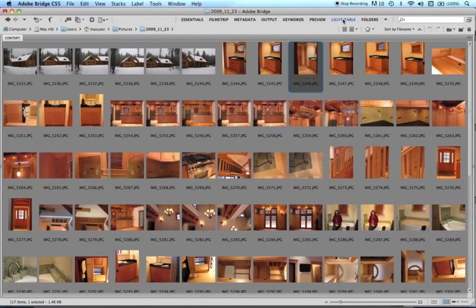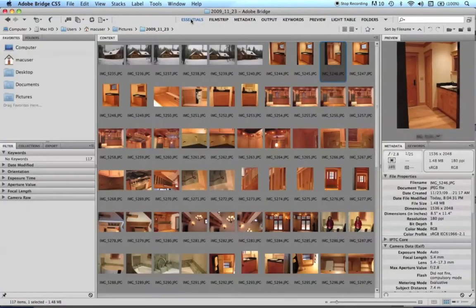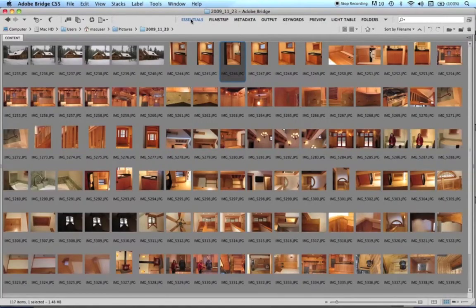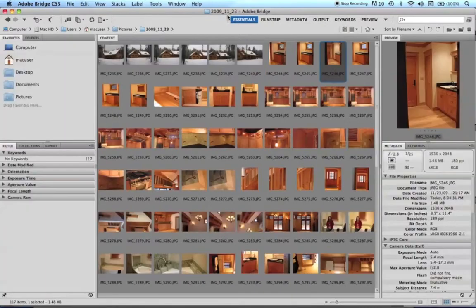Now the light table is kind of like a contact sheet, shows you every single picture that's in this particular folder. Now I can get to this same type of view actually by clicking on the Essentials workspace and pressing my Tab key on the keyboard. This looks exactly like the light table workspace. So what I can do then is close the workspace bar and close up the light table, because I can get to that here just as long as I remember to press my Tab key